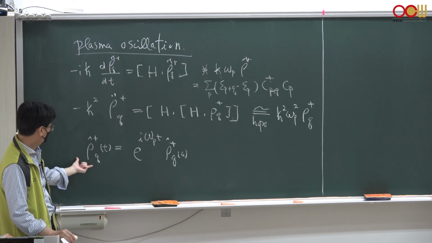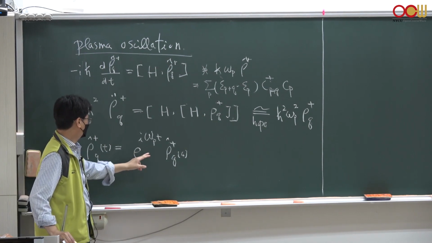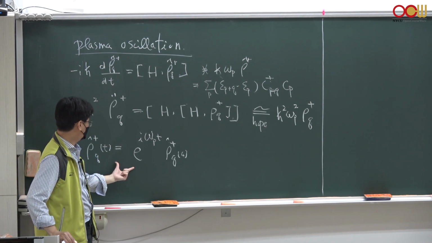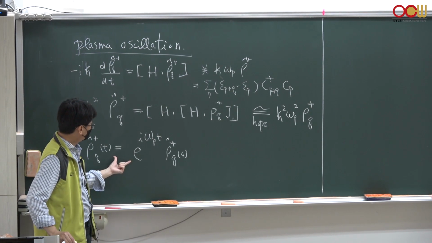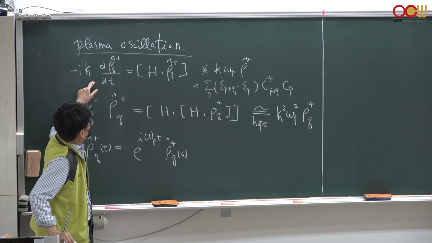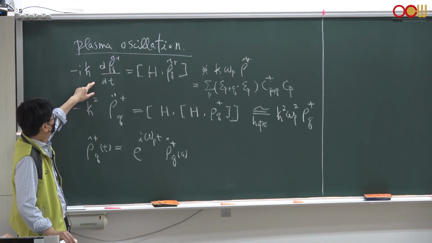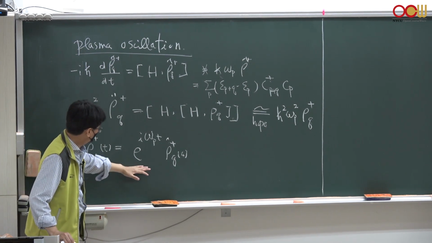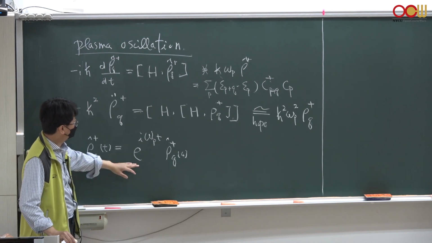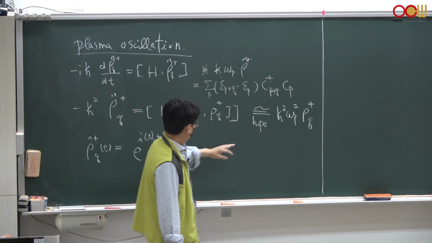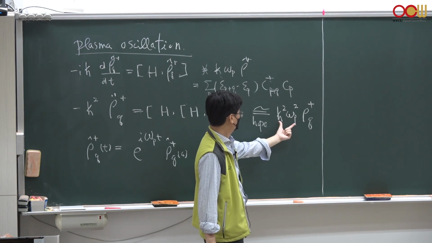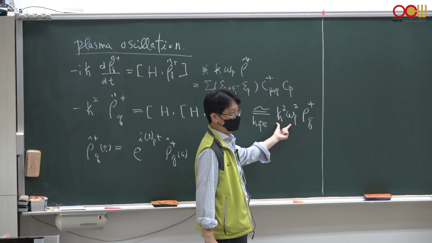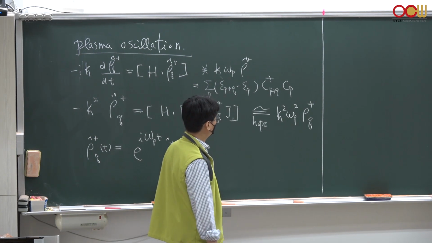And suppose that this density operator fluctuates in time with a frequency omega p, then we can simply use this ansatz and plug it into the first time derivative of rho or the second time derivative of rho. If we assume this, which is from quantum mechanics, then we could hope that by the end of the day, we may get the square of this h bar omega p on the right-hand side, multiplied by rho dagger